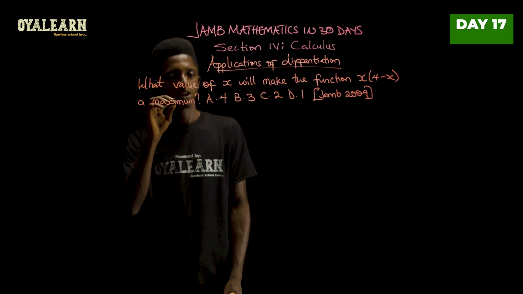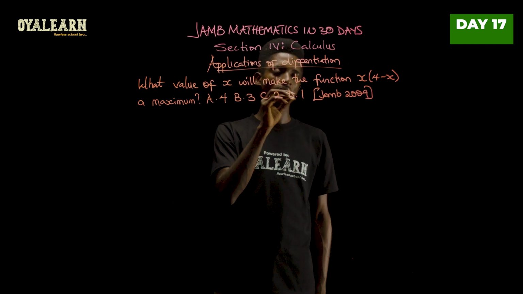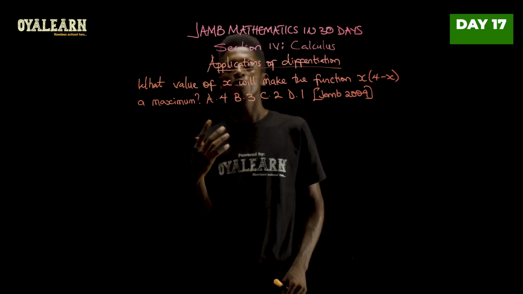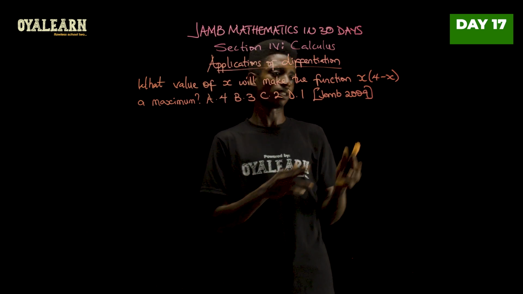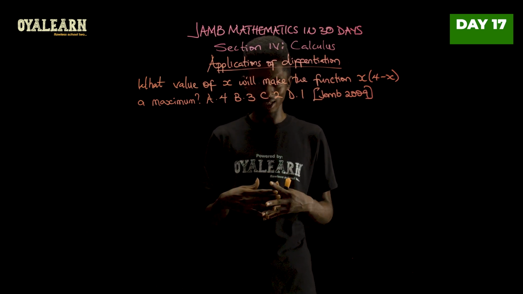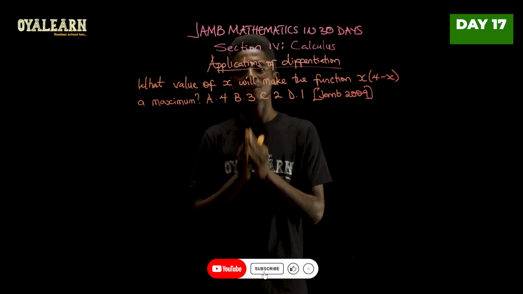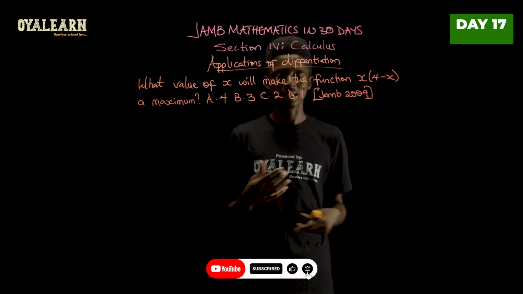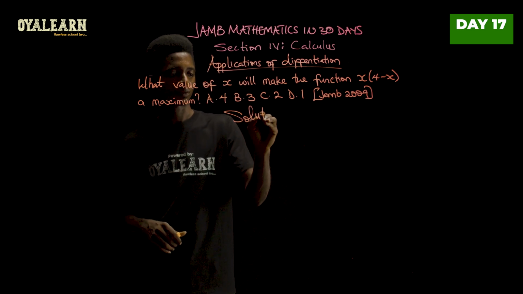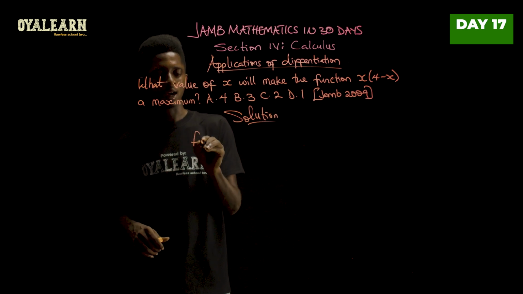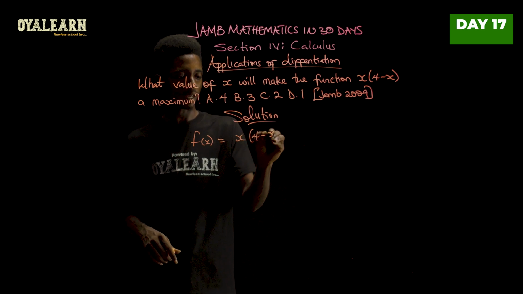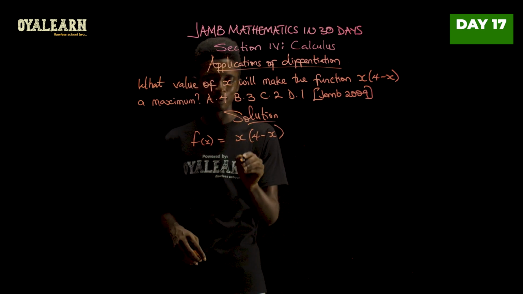This question says, what value of x will make the function x into brackets 4 minus x a maximum? So in order to find this, we have to take the first derivative of this function here and then equate that first derivative to 0 to find the value of x that will make it to be at maximum. So f of x is given as x into 4 minus x. And upon expanding this, we would have